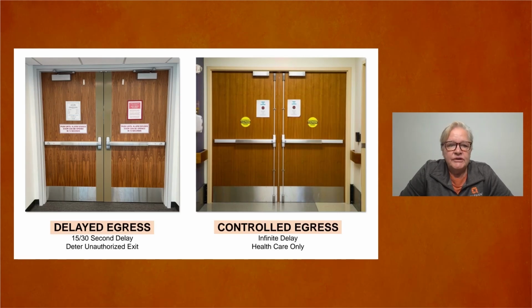These locks we're usually seeing now in mercantile occupancies, like the secondary exits serving a retail space. The doors have to unlock immediately for egress if there's a fire alarm activation or if there's power failure. And then on the right, we have controlled egress locks, which are only permitted in healthcare facilities. I'm seeing people trying to use them in lots of other locations, but no, they are